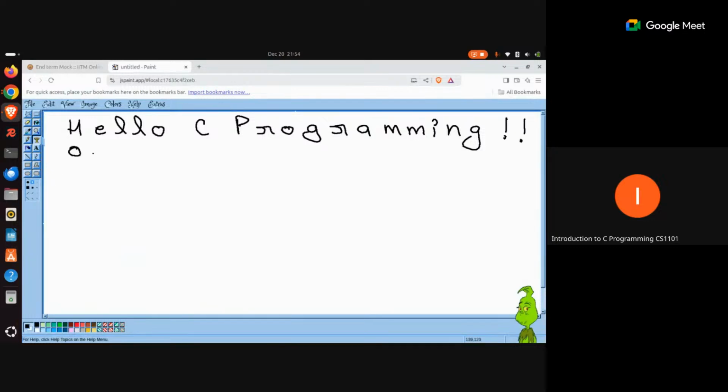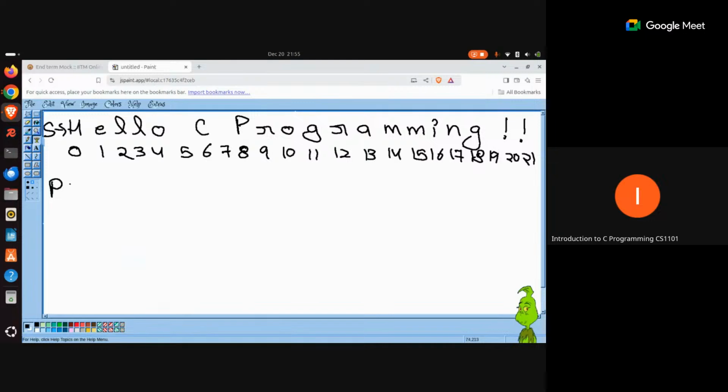so this is index 0, 1, 2, 3, 4. Fifth is the index for this space. Seventh is also the index for this space. Then 8, 9, 10, 11, 12, 13, 14, 15, 16, 17, 18, 19, 20, and 21. So a total of 22 characters exist in this particular array called S. So this is what S is saying.